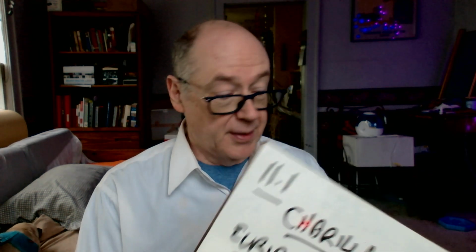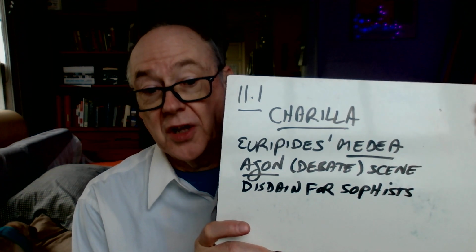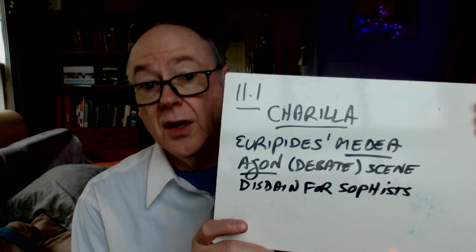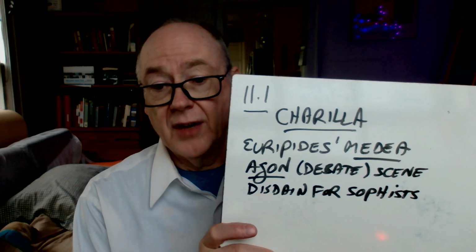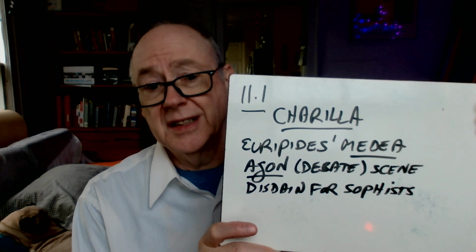Now, there is one figure mentioned who is sort of maybe the heroine version of Cleomedes. Now, Cleomedes, remember, was a guy who basically killed a bunch of school kids and then was declared a hero at Delphi, and they had to worship him. Charilla is a girl. She's like a